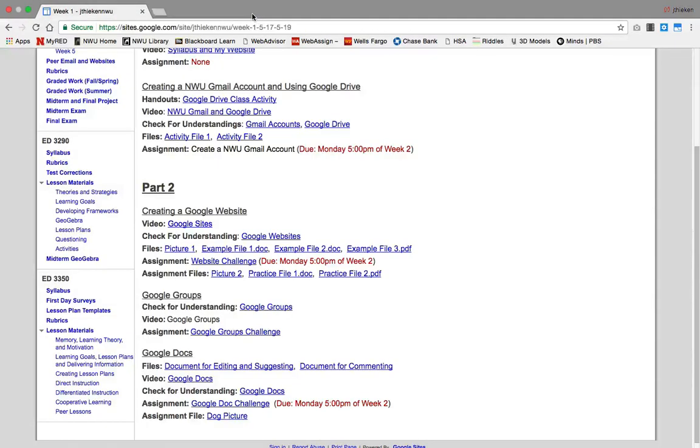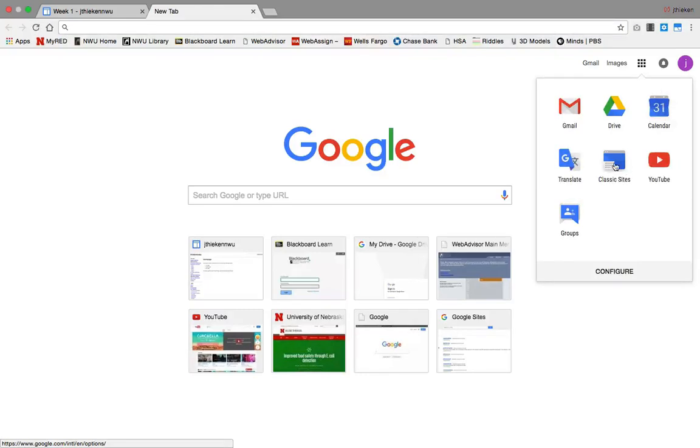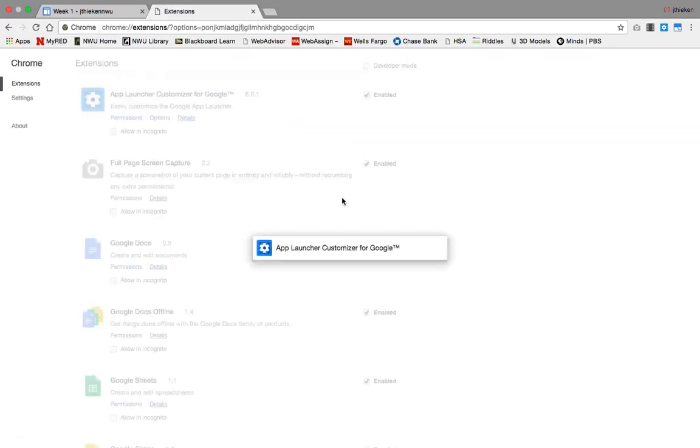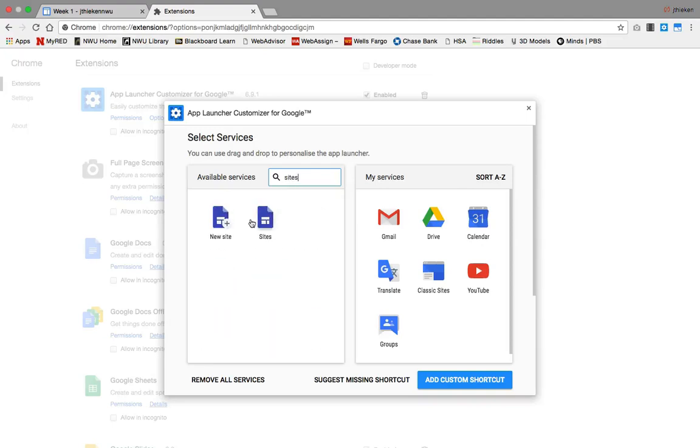All right, so let's go to our site. So open up a new tab. We have 2 ways we can get to our site. Right, to create a site, I go to the app launcher and I can do classic sites here. Okay, if you don't have classic sites, configure your app launcher. So there's a video on how to configure your app launcher, so you can watch that. I have classic sites. If not, I'd hit configure, and then I just type in sites, and then sites would